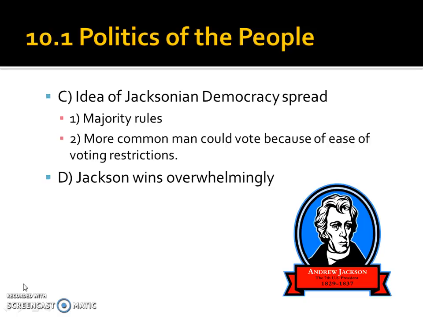more common men could actually vote, because voting rights were extended to all white men over the age of 21. So more and more people can vote, and more and more of what we would consider the common man. And reminder, at this time the common man is considered white men. Women won't count for approximately another 100 years, and African Americans will not count until approximately the end of the Civil War. So Jackson wins the presidency overwhelmingly because of his ability to be shown as the common man, not as a wealthy Easterner who feels he is above everyone.